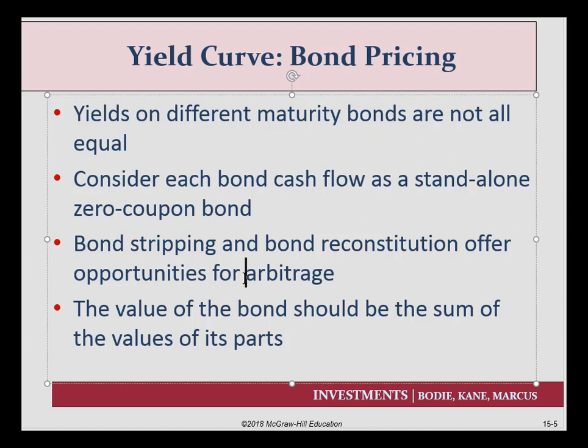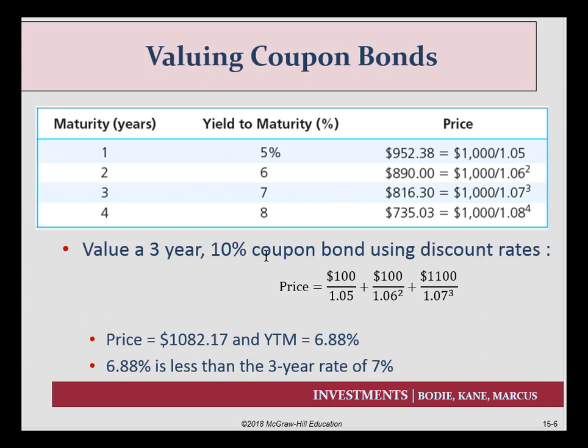So that is, for this year, a zero coupon bond of $100 for 1 year, etc., etc. So the value of the bond is essentially just a sum of the present value of its parts. So here, we have 4 maturity years, the yield to maturities for some bonds, and here we have the prices of bonds. So what we can notice here is that the value of a 3-year bond,